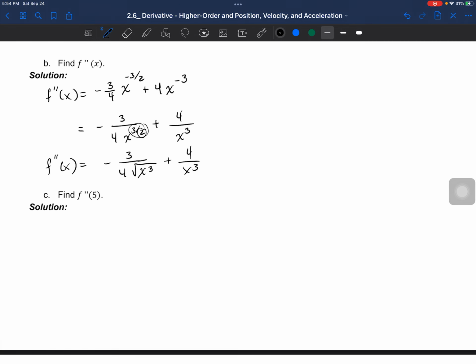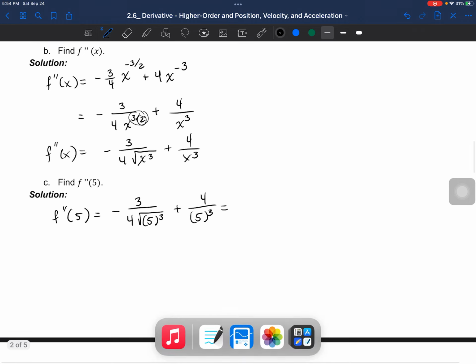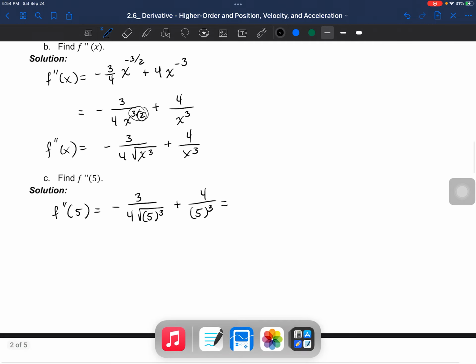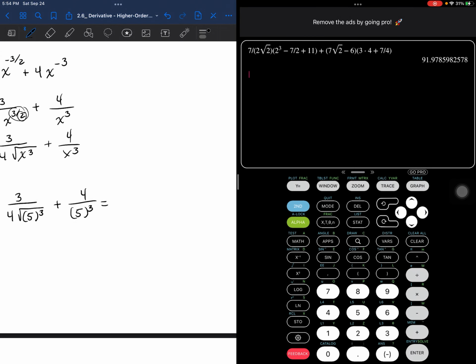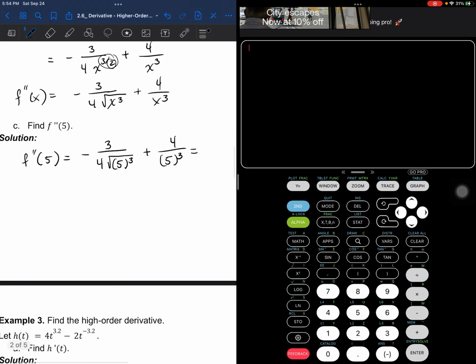And then to find f double prime of 5, all we gotta do is use direct substitution. Everywhere we see an x, we'll replace it with a 5. And then for this, we're gonna just use a calculator. So here is a TI-84. Let me clear this up. So we will have